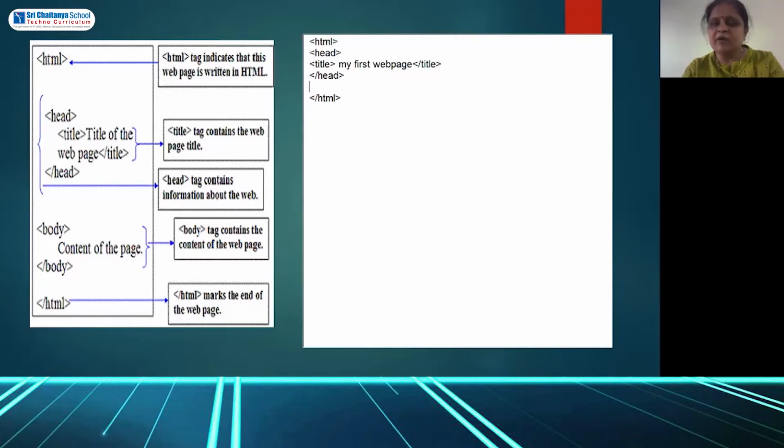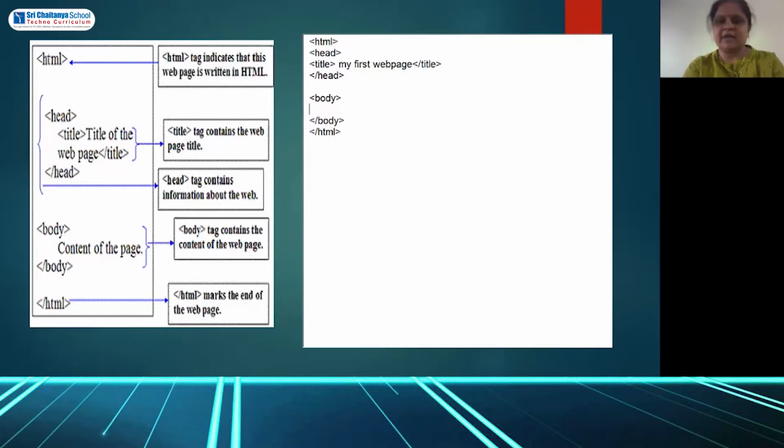Whatever I want to display within the web page should come under the body. Again this should also get over, so it should have a closing tag. So I use the body closing tag, and within this, whatever you write will be displayed in the web page.